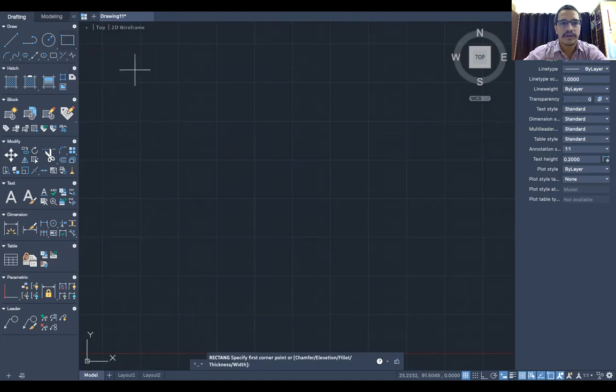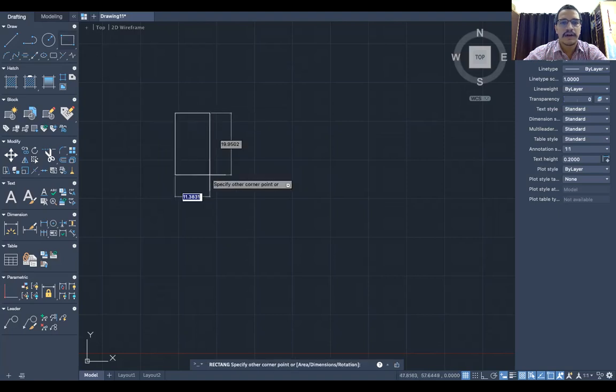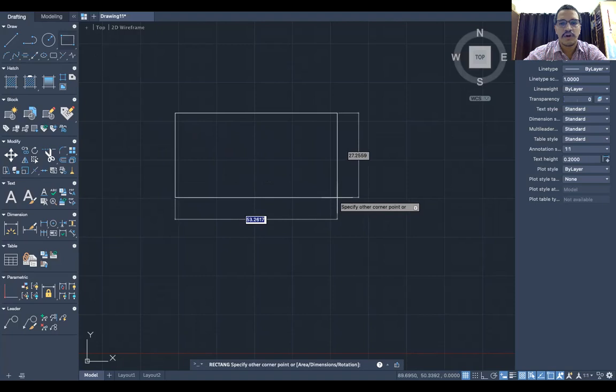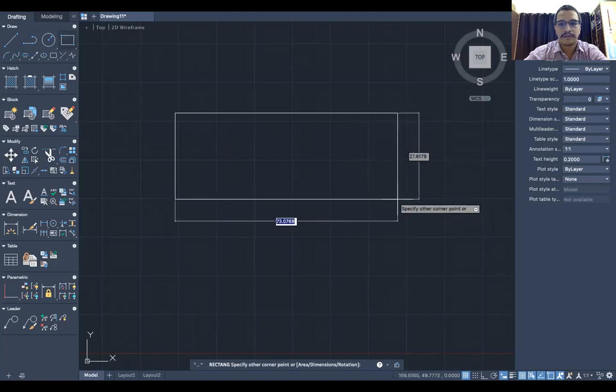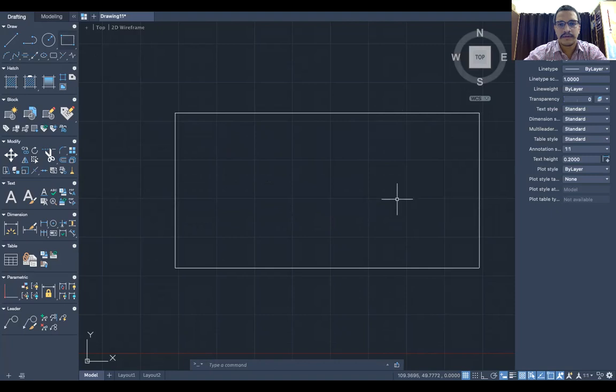Okay, so I'm just clicking the rectangle. What is it asking? It is asking to specify the first corner. So I will click here, and then give it 100 by 50, let's say.